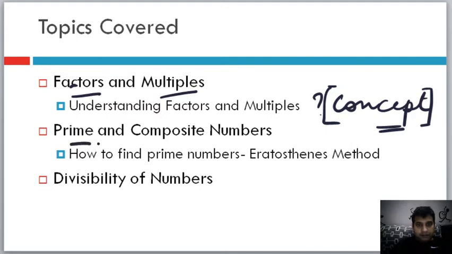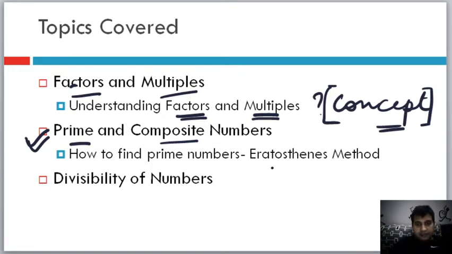Then we will talk about prime numbers and composite numbers. So prime or composite numbers basically are a surrogate of, if you understand the concept of factors and multiples, basis these concepts, then we define prime numbers and composite numbers. Okay, so for easy understanding, understand that prime numbers are numbers who do not have many factors, and composite numbers are numbers who have many factors. Easy understanding right now, then we will get into it.